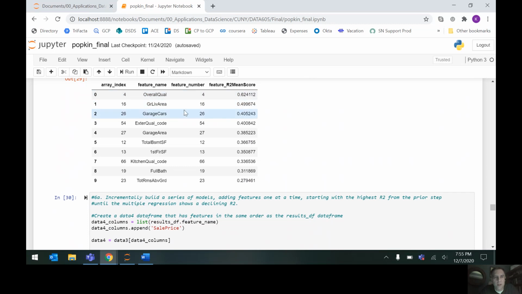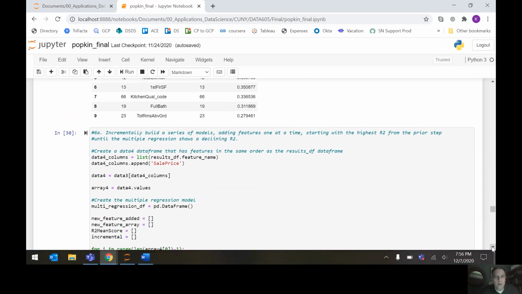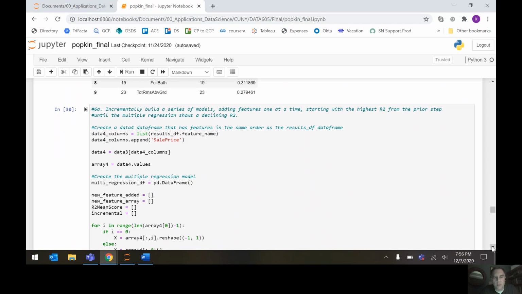How good was the model's prediction? It's interesting that overall quality of the home actually gets you to a 63% R squared. Not bad for a single variable. And then the living area and garage, the number of cars that the garage can hold, are also significant contributors with the 40%. So from there, I tried to incrementally build a model